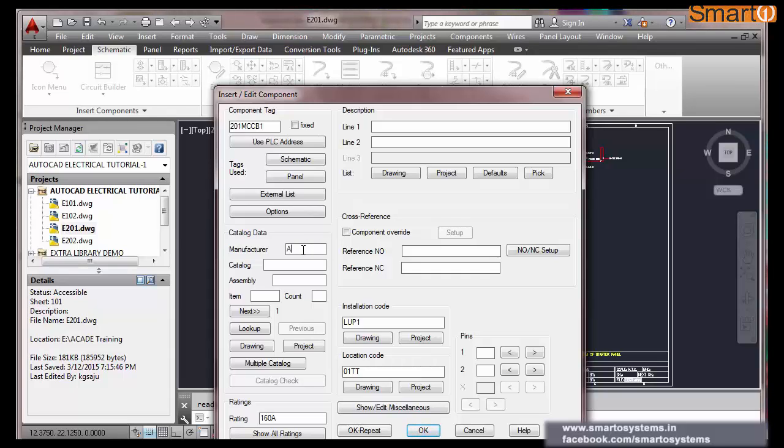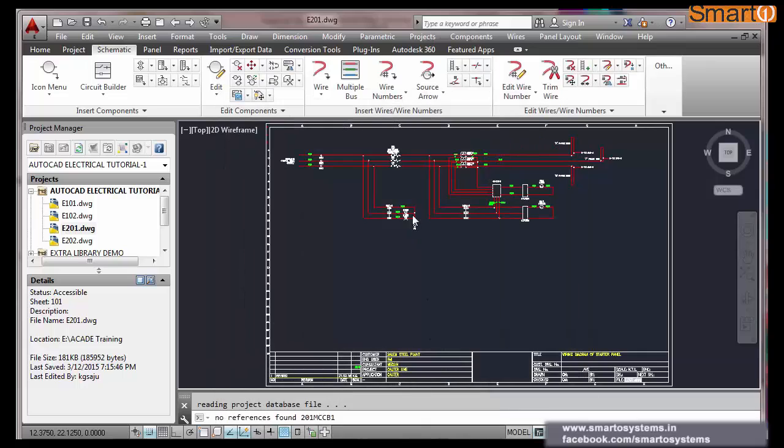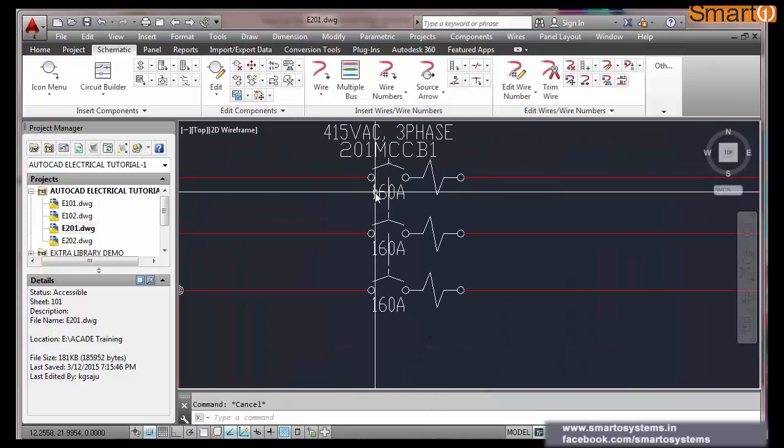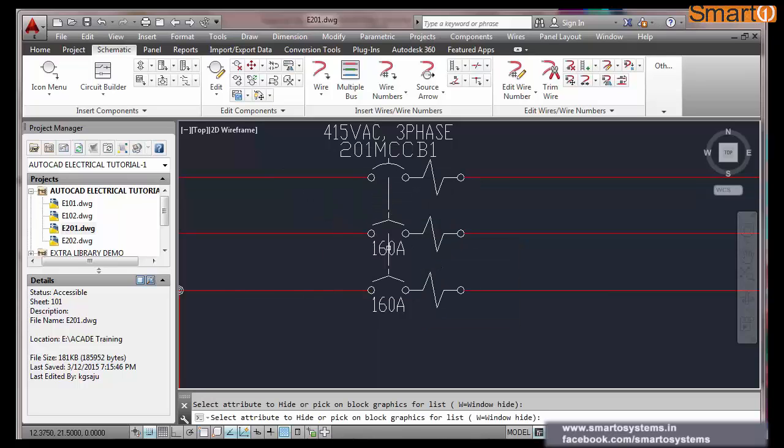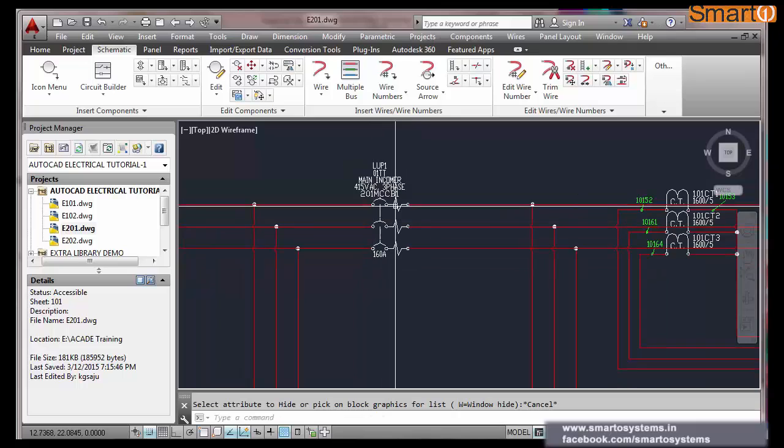Manufacturer ABB 111 AA, count is 1, main incomer 415 volt AC, three phase. Okay, fine. Now I want to hide a few of the attributes. I can hide it from here. In this way I can hide.